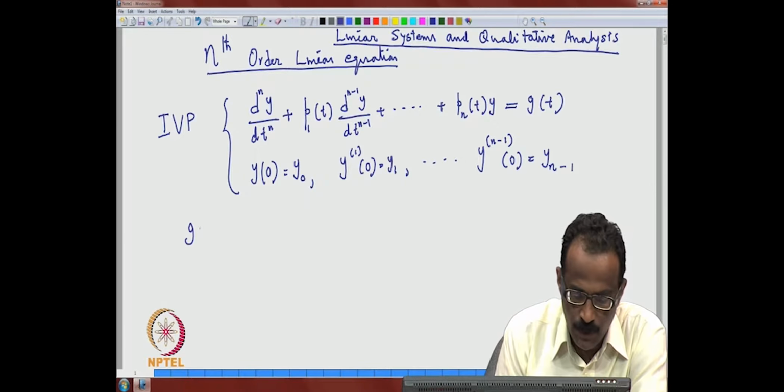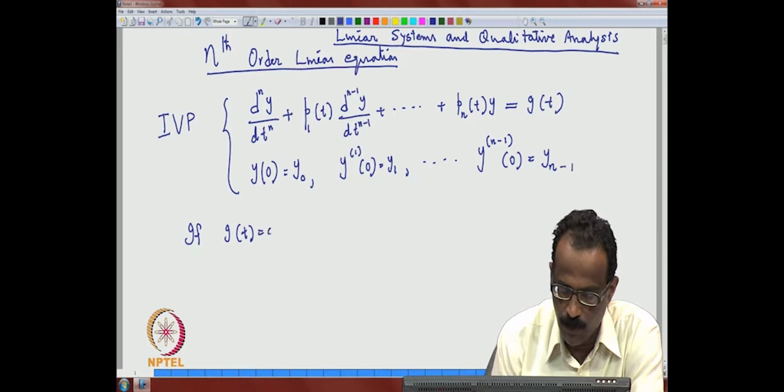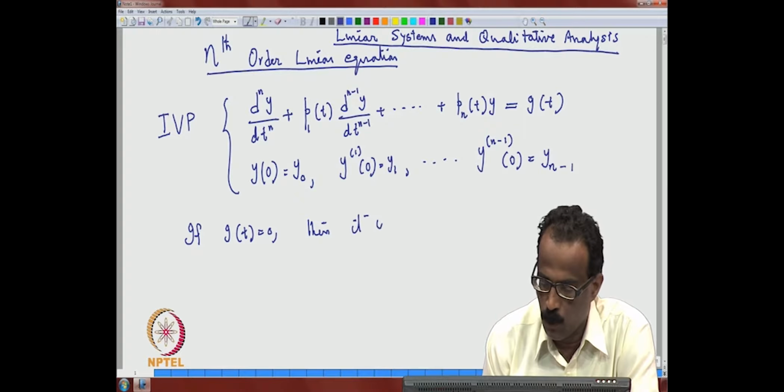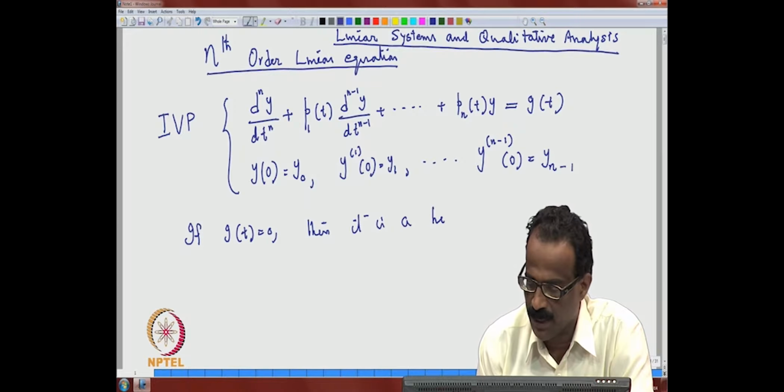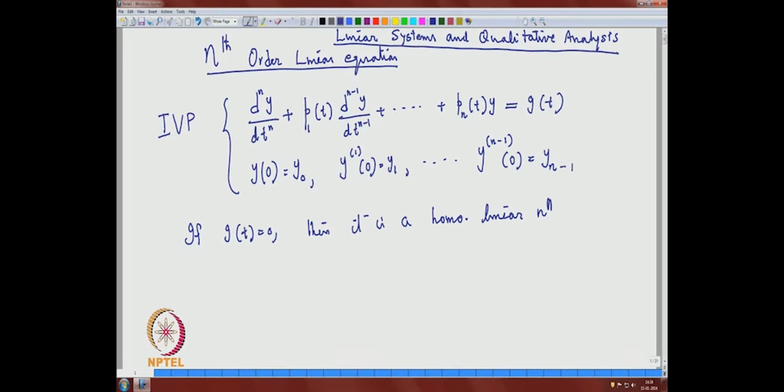If g(t) equal to 0, then it is called a homogeneous linear nth order equation. What I am saying is that such a linear nth order equation can be converted into a first order system. How do you do that? You put